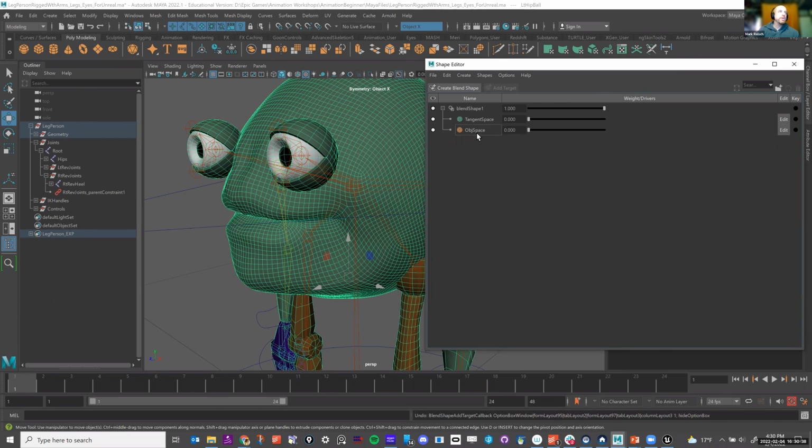But if you're taking notes, when you import blend shapes from ZBrush, are they tangent or object space? That is a good question. I honestly don't know. I believe they are object space. That would be a good one, I should take note on that. I'm going to find out about that.